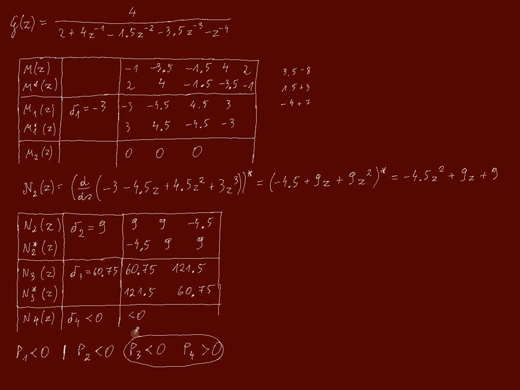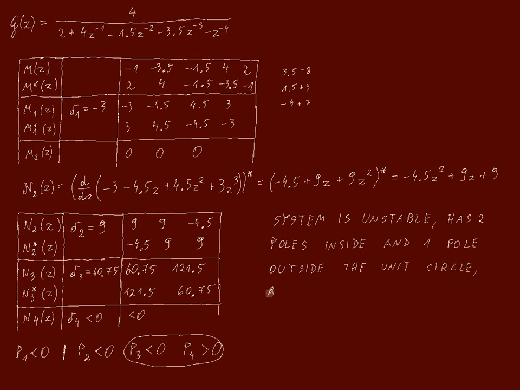So finally the system is unstable, and also the poles' position. If anyone is curious, the initial transfer function can be written as